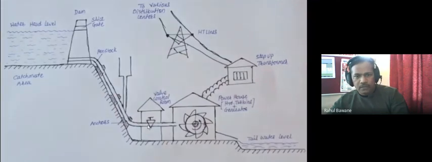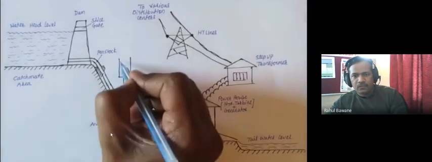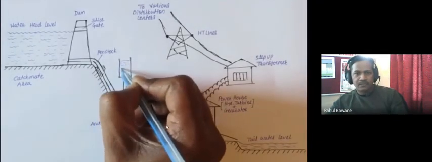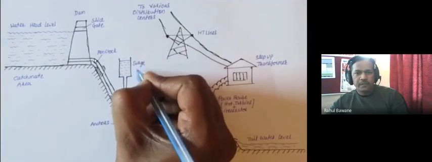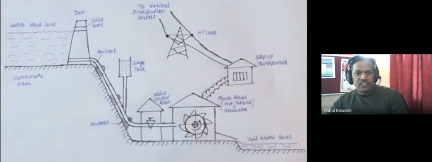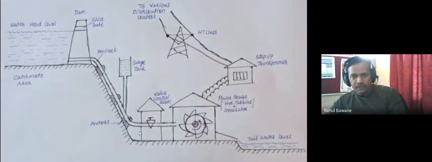So now what happens? If I suddenly close the valve, whatever water comes up to the valve can't move ahead, but at the same time it cannot enter the dam again. So it creates a back pressure. Unless you release this back pressure, your penstock will burst. So this back pressure water will be lifted into this surge tank. Whatever excess water is creating back pressure is now lifted in this surge tank and the pressure gets reduced. So your penstock is again safeguarded. So the surge tank is also used for safeguarding your penstock.